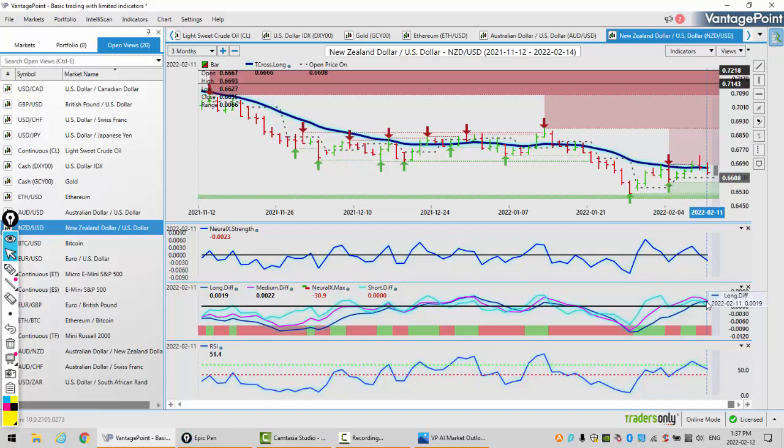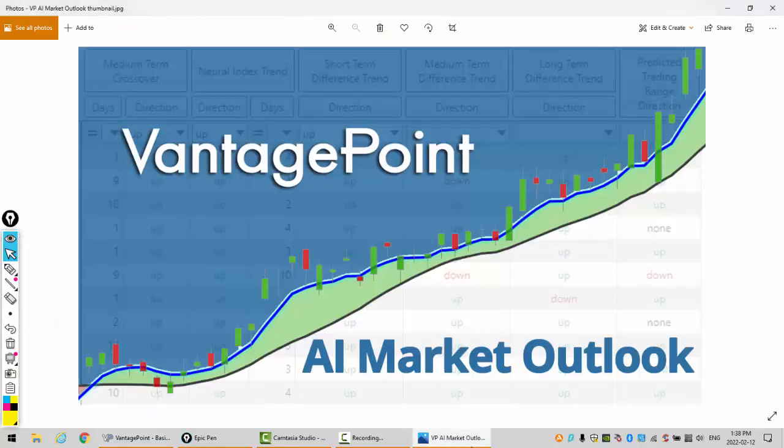So if the equity markets continue to crash, and I will argue that seasonality is coming up anyway, within a month the stocks are going to plummet anyway. So this could just be an early start to that. But when that S&P 500 drops, the Aussie will drop, New Zealand US will drop, and US Canada will go higher. That's what I've seen. So again, it's about understanding the intermarket correlations, but the Russia-Ukraine conflict is obviously going to dictate what happens next week. So with that said, this is the VantagePoint AI Market Outlook for the week of February the 14th, 2020.